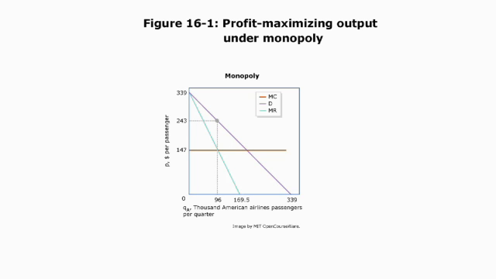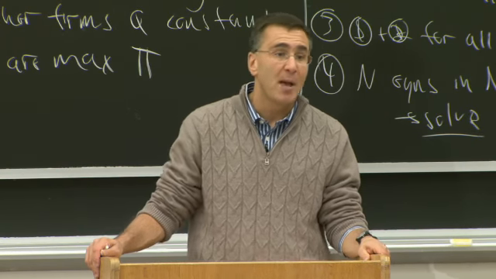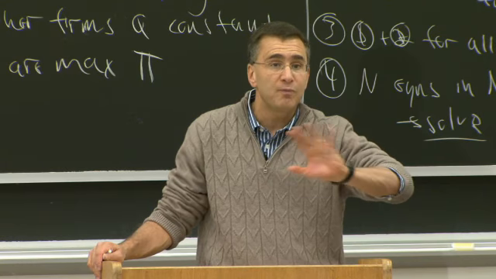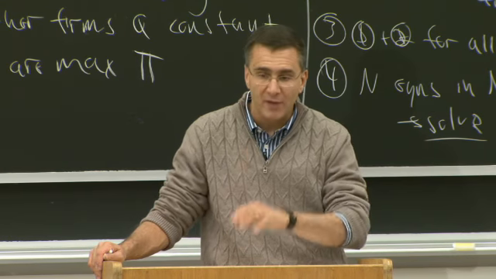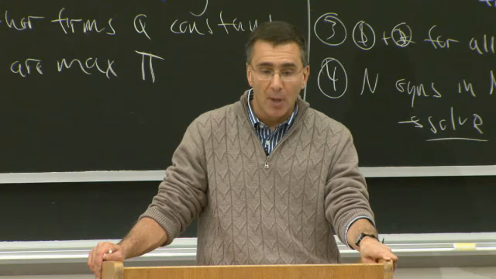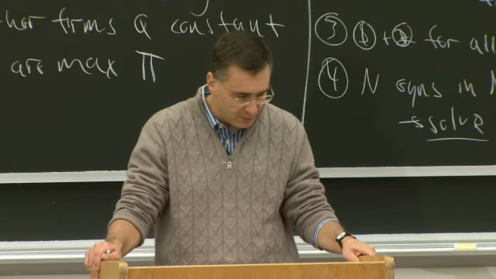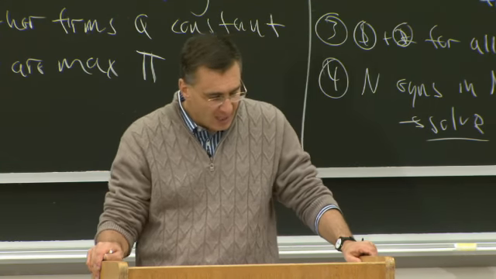And that's what we see here. The marginal revenue curve intersects the marginal cost curve at the quantity of 96,000, and you then go up to the demand curve to read off the price. Remember, for monopolists, you've still got to respect the demand curve. That's 243. That's what American would do if they were a monopolist. If they were the only ones flying from New York to Chicago, they'd fly 96,000 people a month at a price of $243.